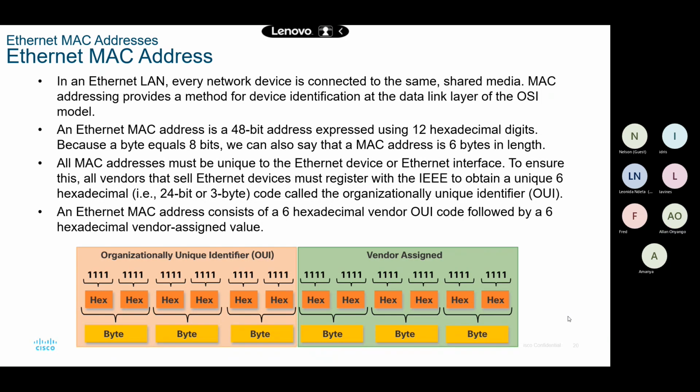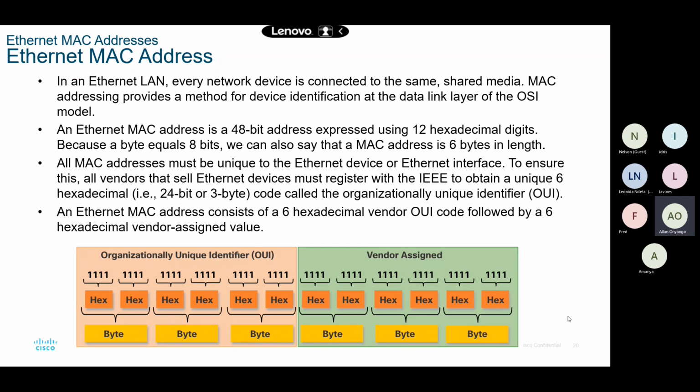The first 6 hexadecimal numbers will be provided by a standard organization, and the vendors must register their devices with IEEE, the Institute of Electrical and Electronic Engineers. All the vendors must register with IEEE to get the first 6 hexadecimal numbers,